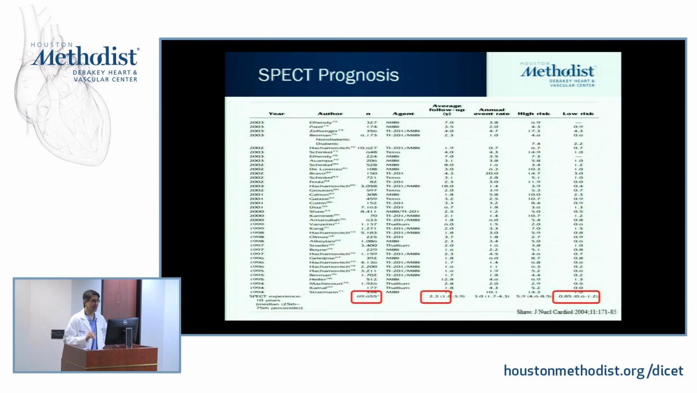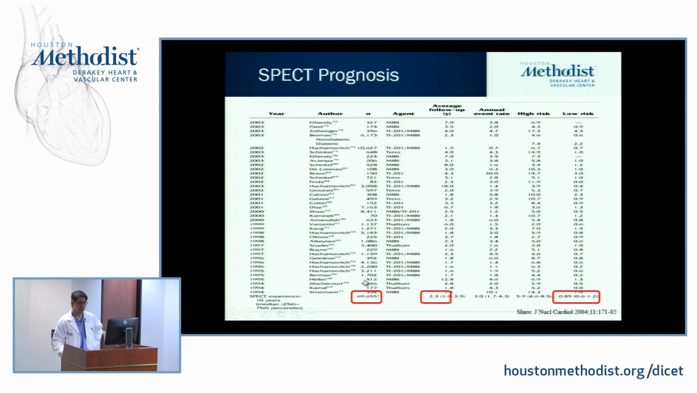Okay, so diagnostic accuracy is one thing. Well, what about prognosis? What does it actually mean for my patient? Well, believe it or not, SPECT has data now, since this technique has been around since the 1970s. I don't think there are too many techniques where you can get prognostic information on multiple